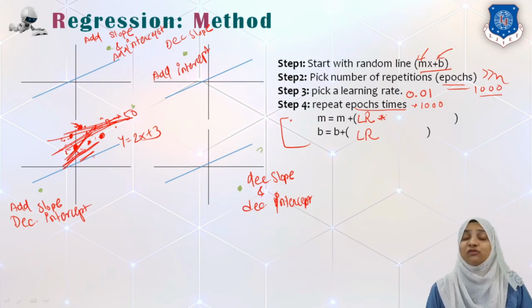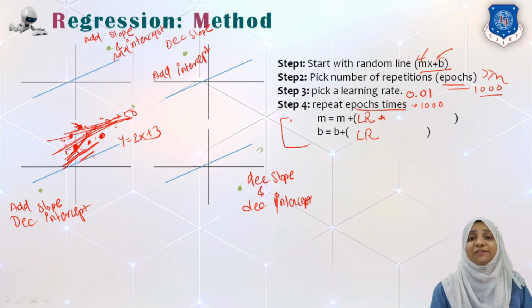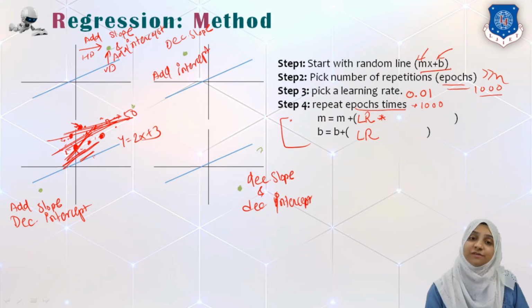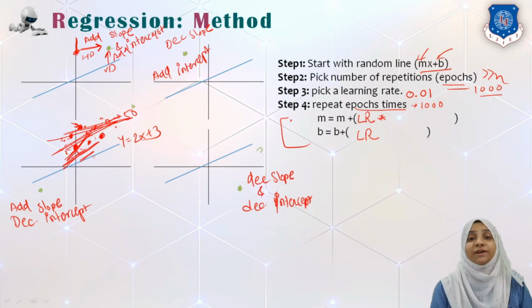So here we need to have some sign. Now that sign is nothing but a distance that we will calculate. We have two kinds of distance: horizontal distance and vertical distance. Horizontal distance is calculated from the y-axis, whether the point is towards the right or not. So from this point to this point, our distance is positive, but from the green point to this red point, our distance is negative. From our y-axis, if the point is towards the right, our horizontal distance is positive.